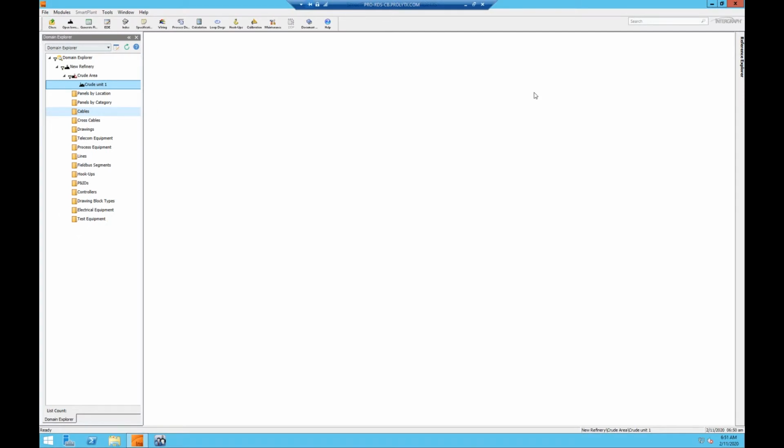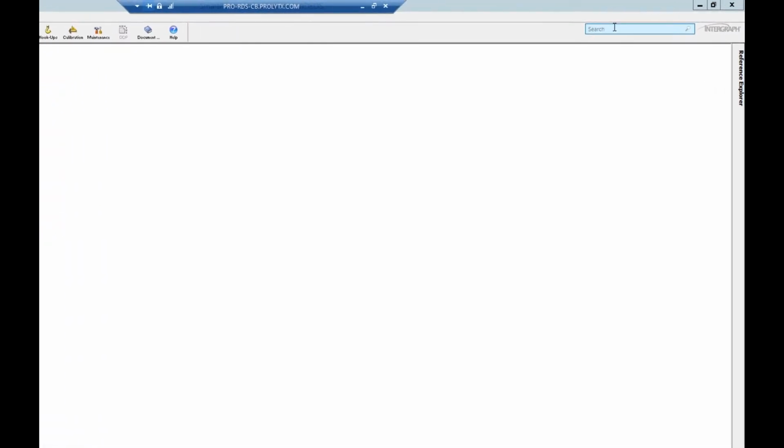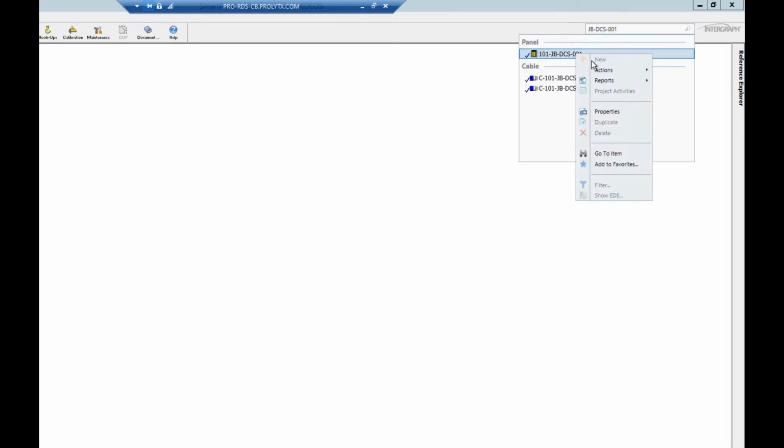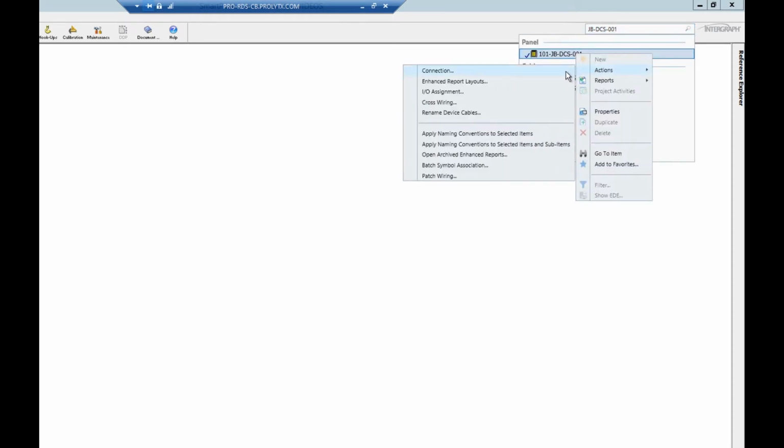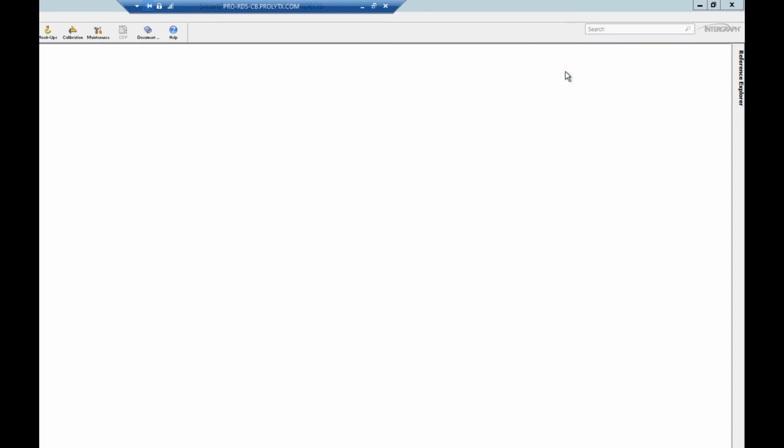In this tutorial, we will be covering general wiring reporting. To print out the report for a panel, we can use the search bar in the top right corner. For this example, we'll be printing out the report for JB-DCS001. First, let's right-click, click Actions, and click Connections to open the junction box so we know what the wiring